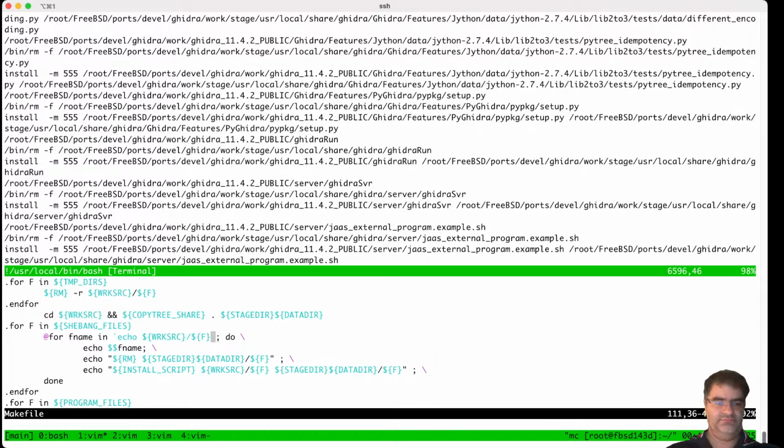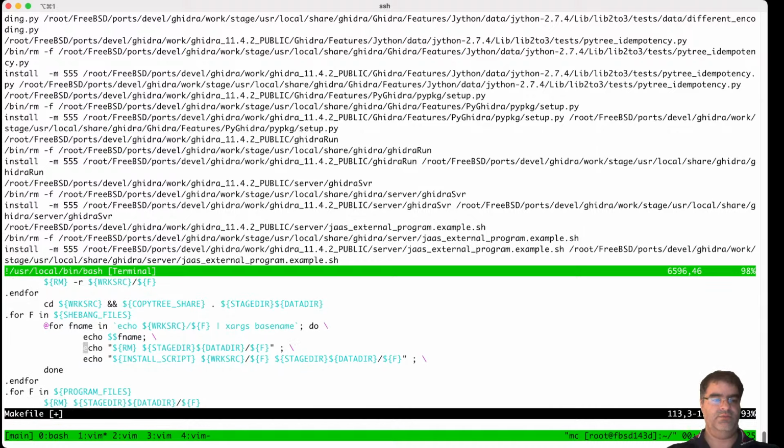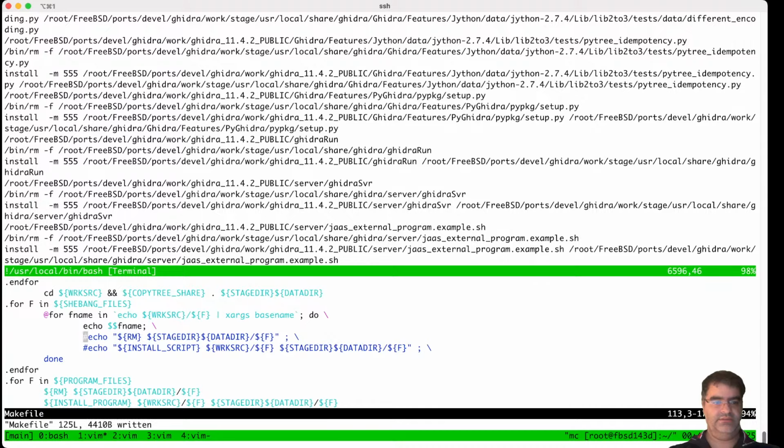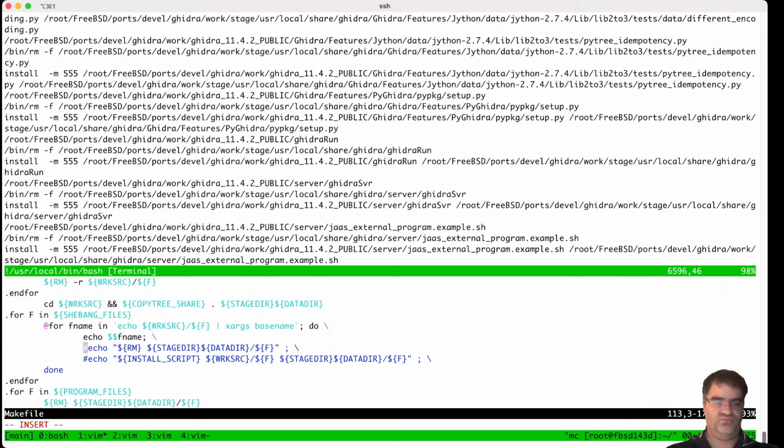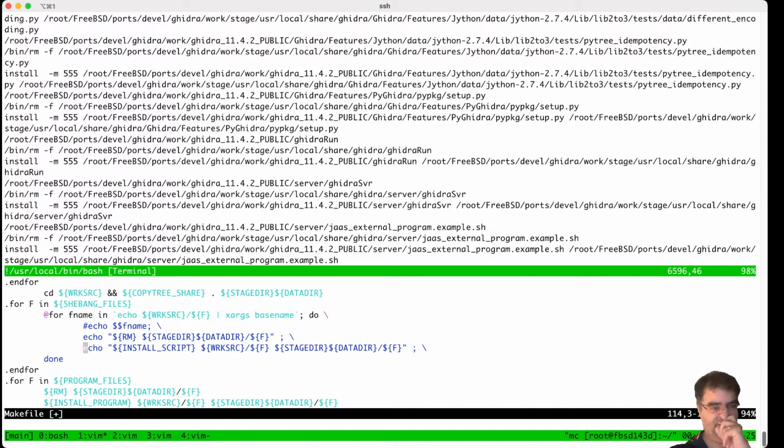Now, pipe xargs basename, and now we have it, right? Okay, this time I'm going to be a little bit brave, and I'm going to try everything in a single shot. And instead of being this fname, but no, now